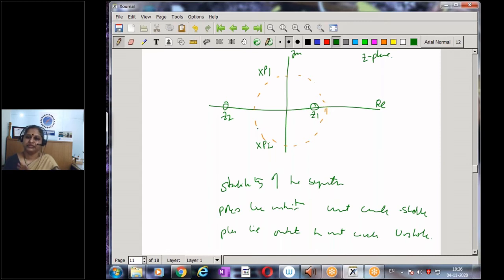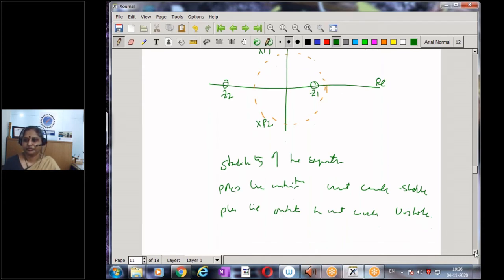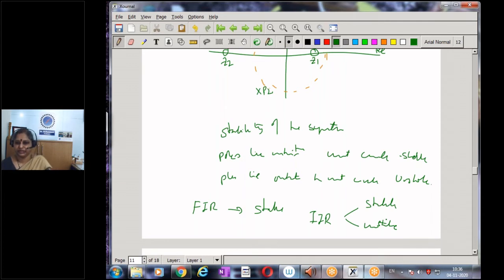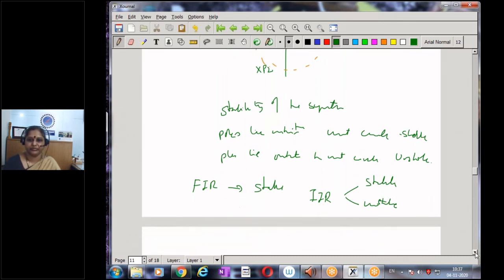On the other hand, the zeros can lie anywhere on the z plane. The zeros do not affect the stability of the system. Hence, if I look at finite impulse response systems, FIR systems are always stable, whereas an IIR system may be stable or unstable depending on the location of the poles on the z plane, or depending on whether the impulse response is absolutely summable or not. So moving further,